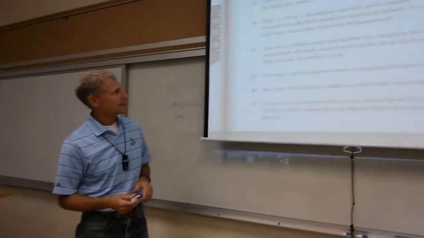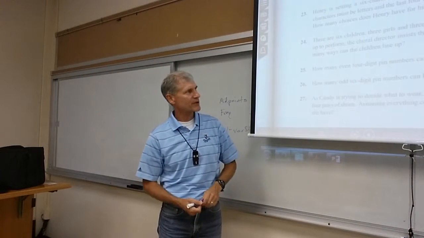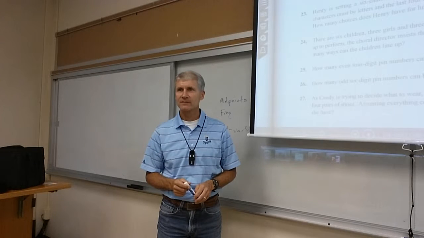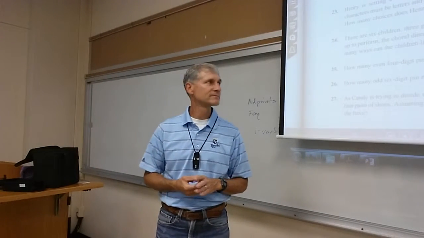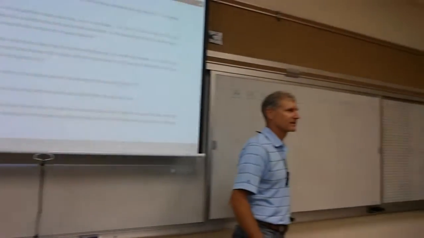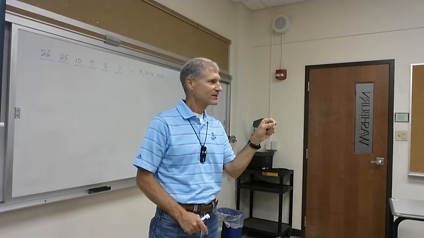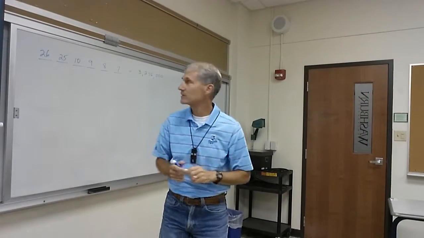All right. How about 25? How many even 4-digit PIN numbers can be created from the digits 0 to 9? Write your 4 blanks down and figure it out. What does it mean, even 4 digits? It ends in an even number. It can start with an odd number. 5,122 is an even number, even though it has a 5 in there and a 1 in there, right? So it's only the last one that has to be even.